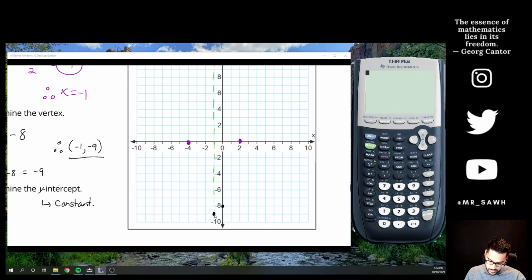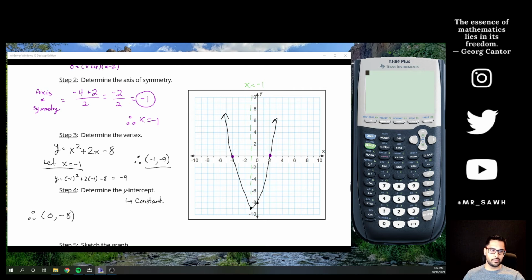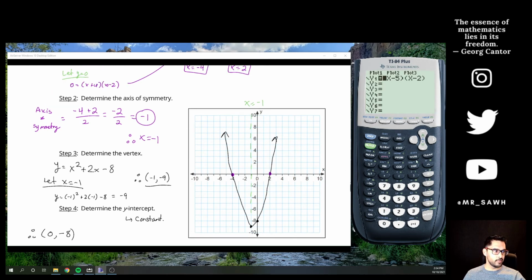The y-intercept we said was at negative 8. So I've got my 4 critical points again, my 2 intercepts, my vertex, and the y-intercept. Sketch it as best you can. Again, it doesn't need to be perfect, but there's the general shape of this. And if I graph it to check,